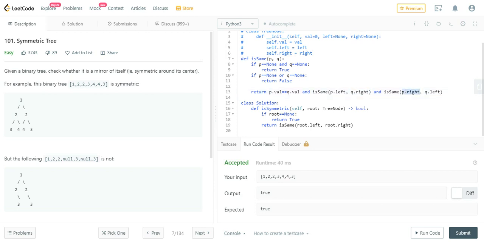In this manner, we can be assured that the left subtree of the given p, that is root.left, is the same as the right subtree of the given q, that is root.right, and also the right subtree of p is similar to the left subtree of root.right. You just have to sit aside once and think about that, then you can get it, because you have to get it yourself, then it will be lifelong learning, not if I just tell you, okay?